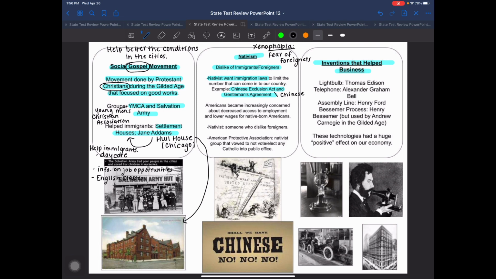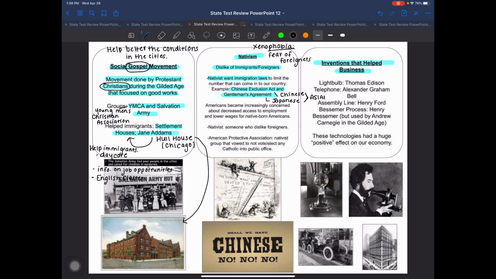And originally, when this act was put into place, the plan was just to do this for 10 years. But they actually renewed this plan several times to where we are not going to allow Chinese immigrants to come into our country again until around the 1940s. The Gentleman's Agreement, this was done by Teddy Roosevelt, by the way, but to make a long story very, very short, this is going to help keep out the Japanese. So our first immigration laws that we ever put in this country, the main immigrants that we are trying to